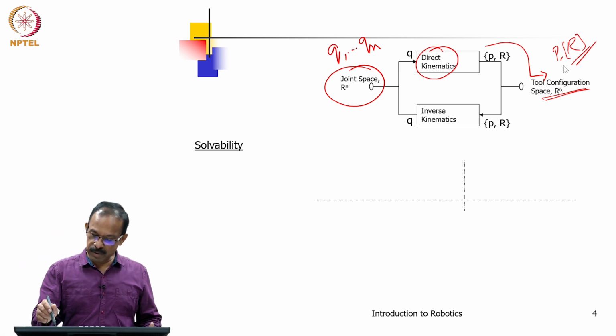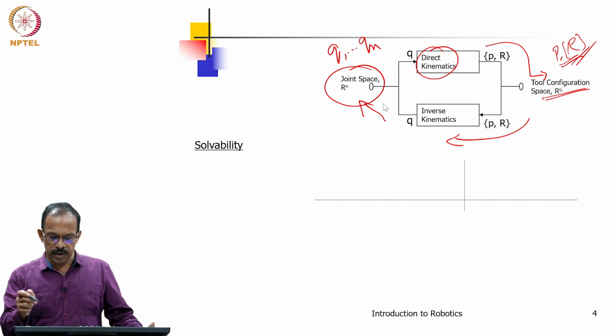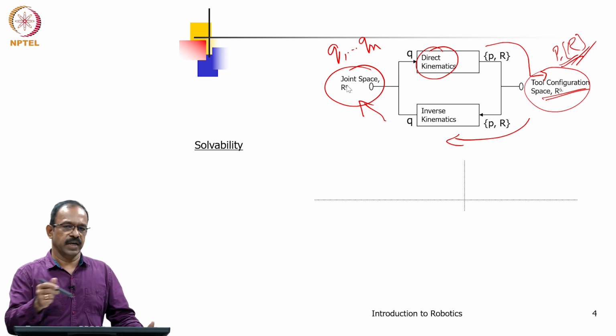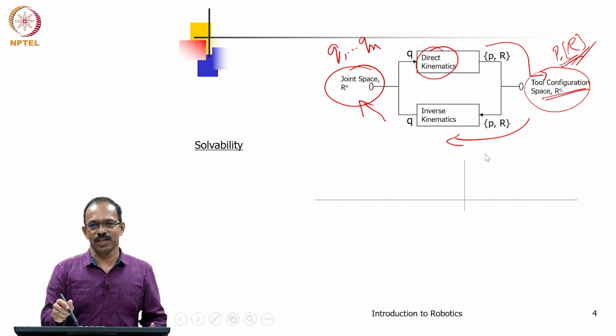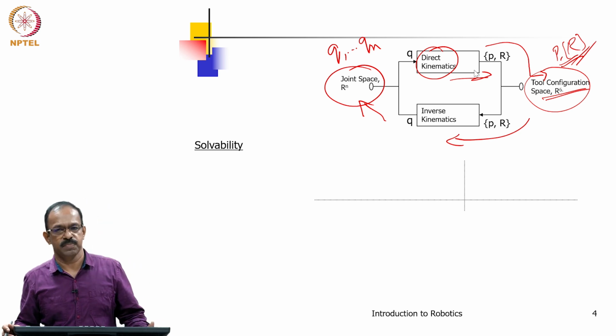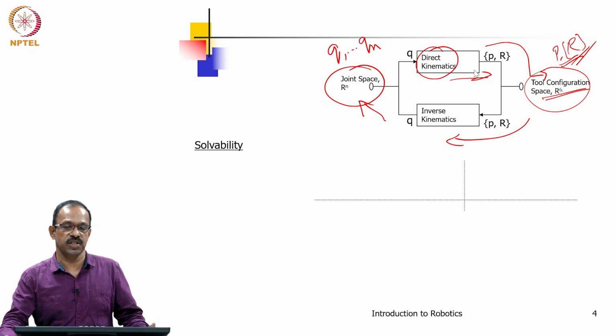Now, if you apply inverse kinematics, suppose you know P and R, then you apply inverse kinematics and you get the joint space variables. So, use this tool configuration space information with inverse kinematics to get the joint space; that is the inverse problem. So, you can see that if we want to solve the inverse kinematics, we need to have a direct kinematics relationship, because that relationship is the one used to solve the inverse kinematics problem. We need to know the forward relationship of the manipulator. The arm matrix should be known to us.